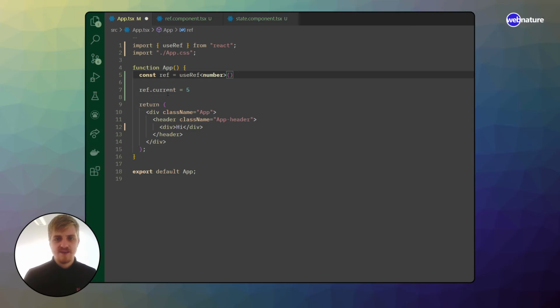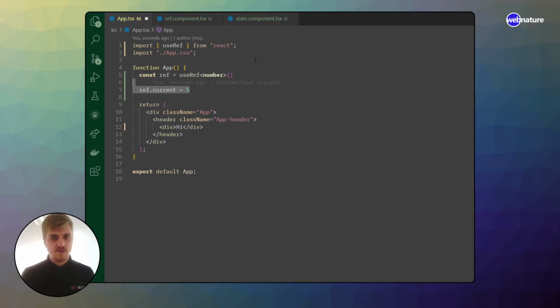Now what we've done is we've declared ref current to be a number, but we didn't give it an initial value. So what happened to this? It will infer the type to be number or undefined. Now you may think, why is it undefined if I'm immediately setting it to 5 one line later. Well, TypeScript doesn't know about that, and it's actually very true, because as the program is being parsed,